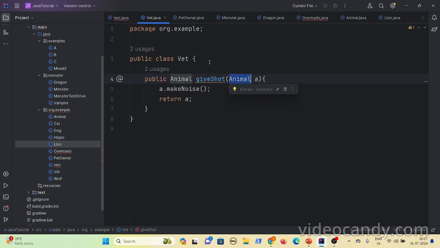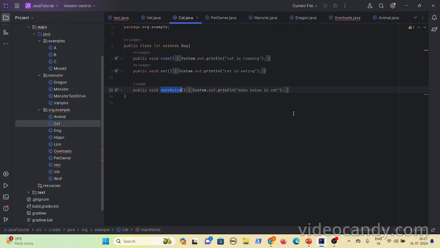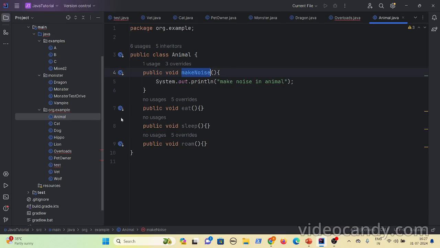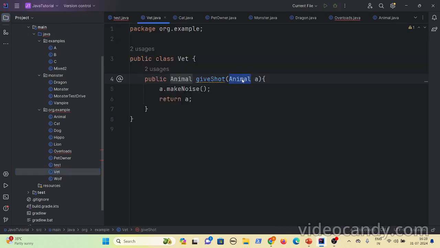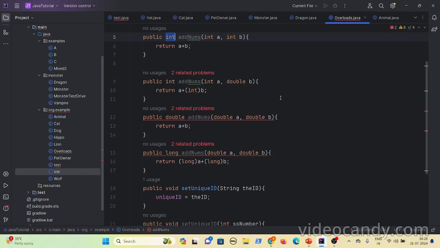So to achieve polymorphism, you have to follow method overriding. First, you have to add your implementation, and then you have to use the superclass reference types like we have used here. You have to use the superclass reference types not only for assignments, but also for the method parameters and the method return types. If you do that, you can achieve the polymorphic behavior. And for overloading, you just change the number of parameters or the type of parameters, and that is called overloading. Hope you understand polymorphism and method overloading.